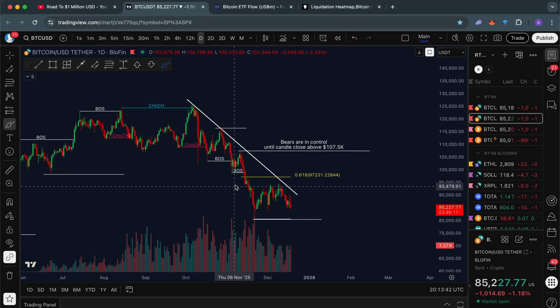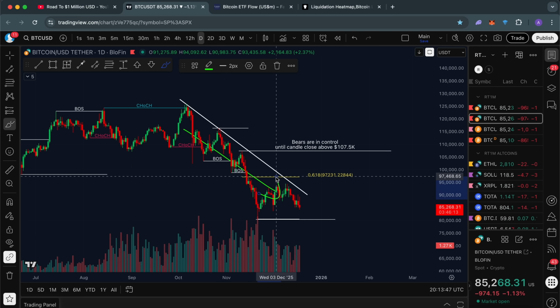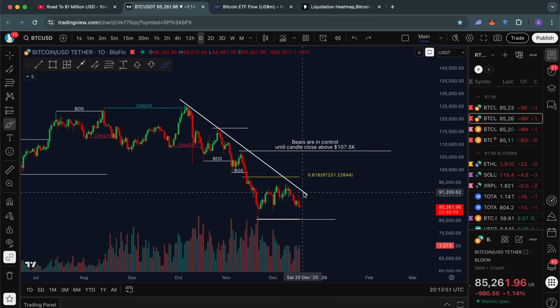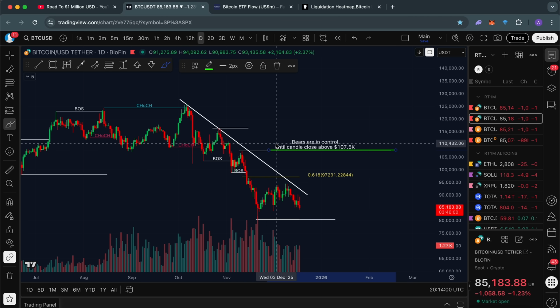Besides that, if we check back in with the market structure on this 1-day time frame, clearly we are still in a bearish trend here. We're also trading below this descending trend line, the support of which is currently sitting at around 91k in the Bitcoin price. Overall, the market structure is still bearish here, so long as we are not getting candle closes above